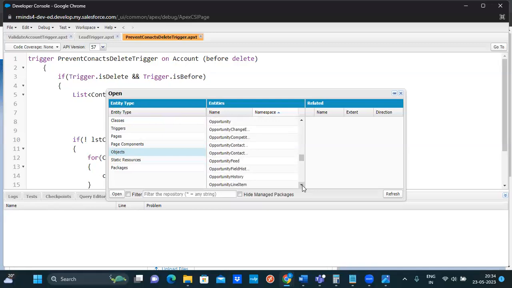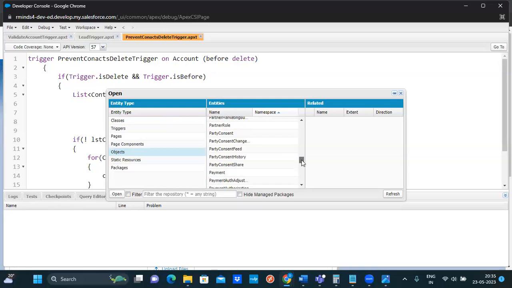Where is our position object? Yes, even for the position object, you see the share object is present. That means this object's OWD setting is made private. If you want to change it,